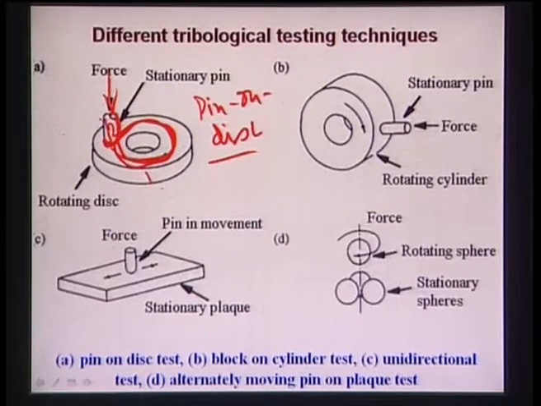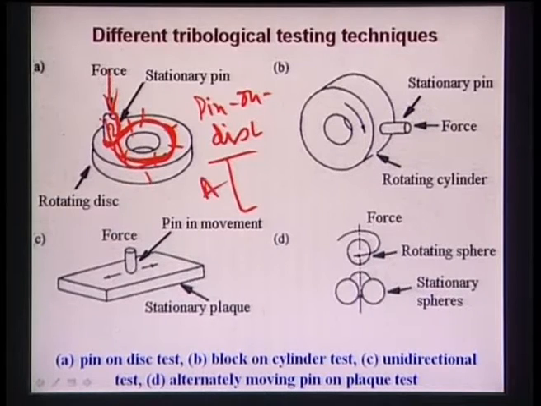After you do this test, you can take 2D surface profiles at different positions using a non-contact surface profilometer, like a laser surface profilometer. Then you can measure the area in each profile, and plot this area as a function of the distance, and this will give you this kind of curve. You can integrate under the curve, and that will give you the volume of the wear. So this volume essentially tells you the wear rate.